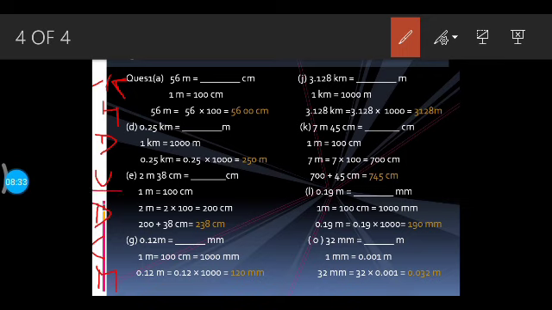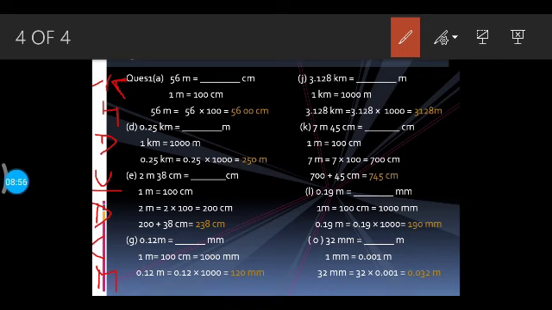So how many steps do I have to go downwards? 3 steps. That means I have to convert a bigger unit into a smaller one. I have to do the multiplication, and I have to multiply with what? 1000, because 3 times I have to go downwards. So 1 kilometer equals 1000. You can multiply 0.25 with 1000 and my answer will be 250.